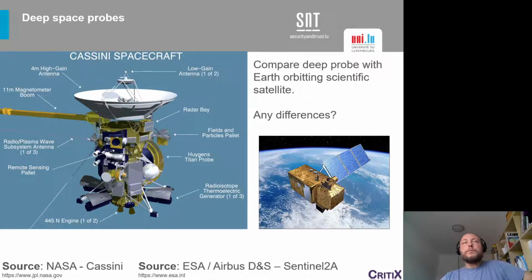With Earth orbiting satellites, it's easier. Usually, the large antennas are used only when you want to have high data rates. As I think I mentioned before, if you don't have solar power, what can you use? Usually, you have to use a nuclear power supply, which is basically taking the decay heat of a nuclear material, and then it provides heat to a Seebeck